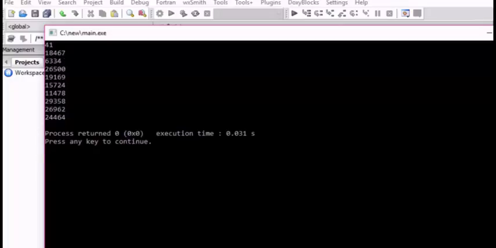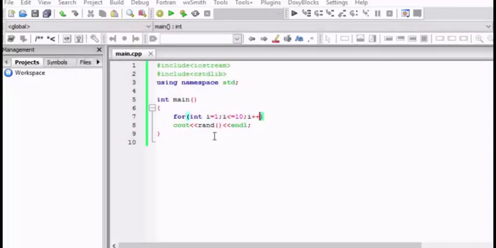So we can restrict these numbers to a single digit also through the modulus operator. What does this modulus do? It gives the remainder. So if you take modulus of any number with 6, this means the remainder will be less than 6. So we can take this random number mod 6. This means all the answers will come